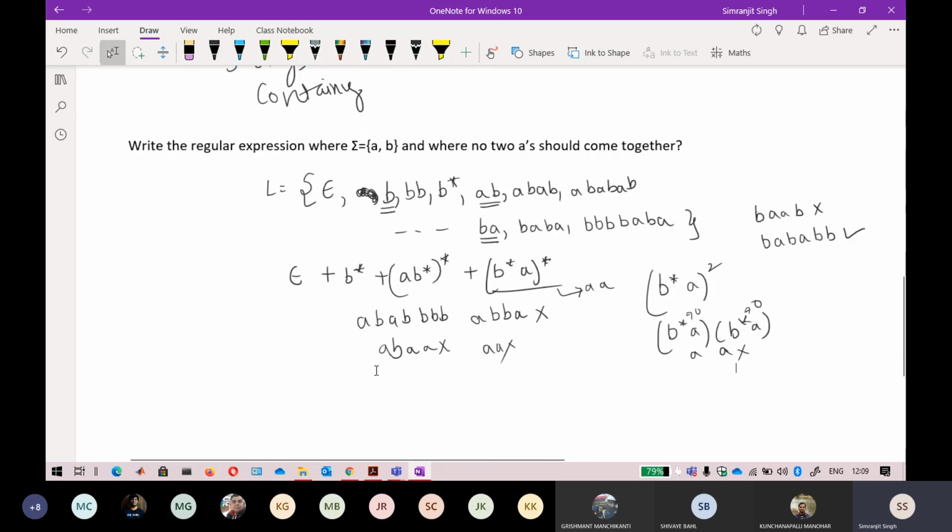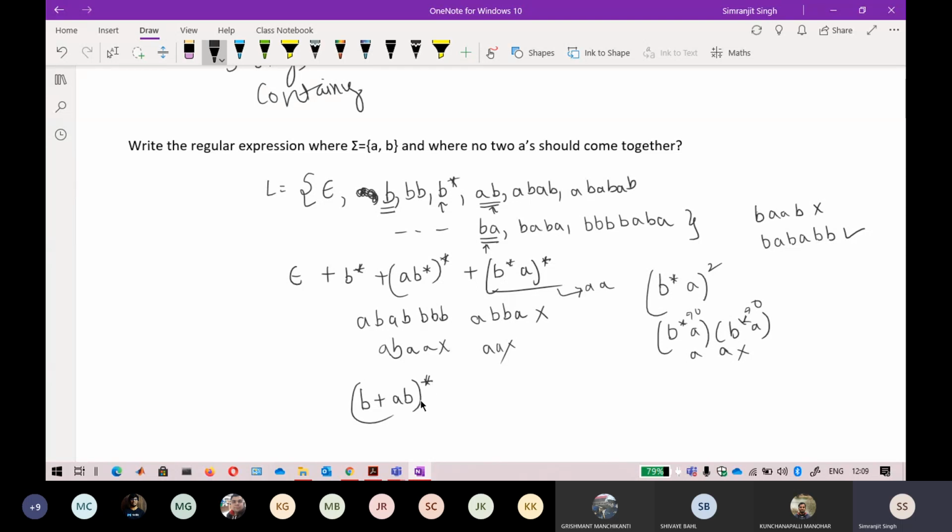So the possible expression that I can think of is that I can go with this building block, or I can go with this building block. This is needed, that B star is always needed. So what can I do? I can do like this: any number of B's can come, and I also want a building block like AB star, so any number of AB can come. If I just combine these two, rather than writing it differently, it will be very good for me, because I want to repeat it also.